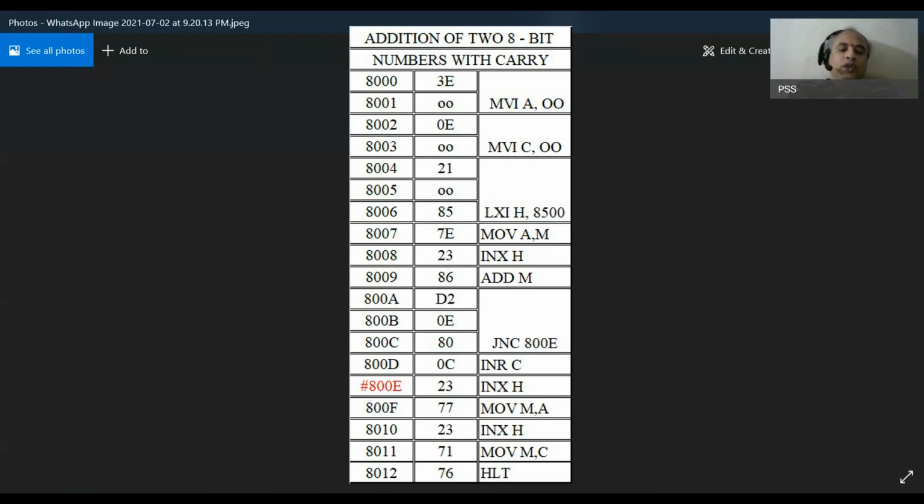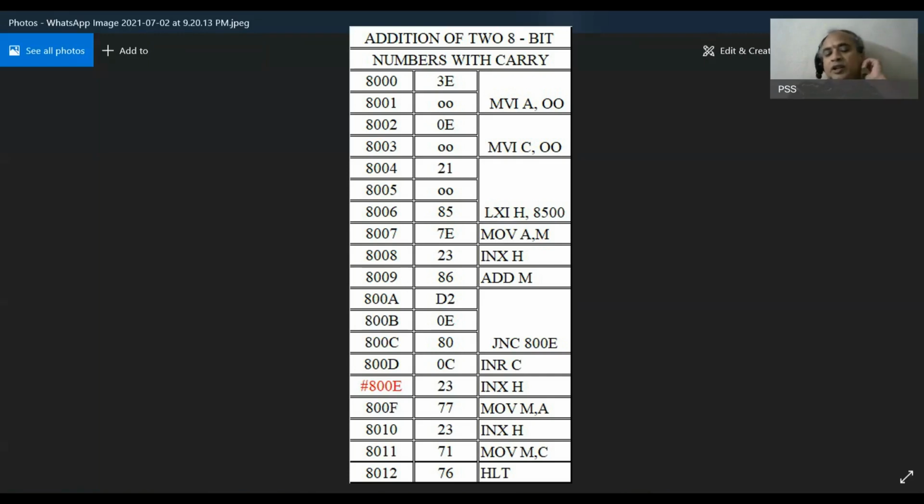So to store the result in the given memory location, what should we do? We have to move the content present in the accumulator to the memory location. That's what it does.